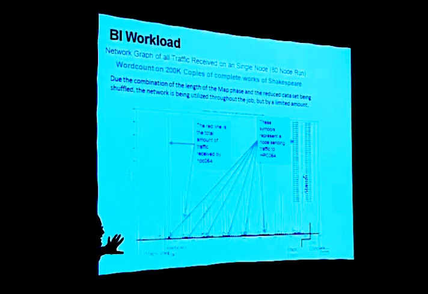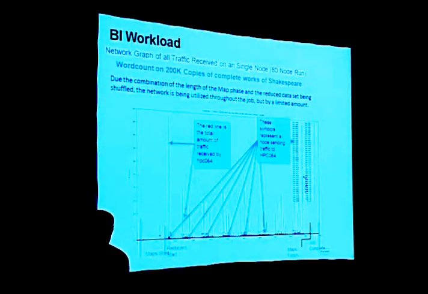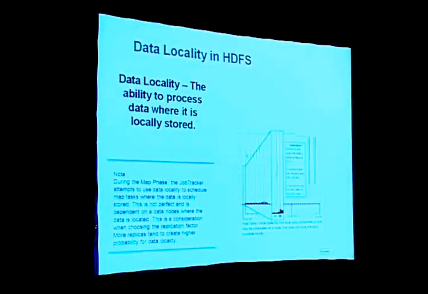Same debate on a BI workload. What happens in a BI workload? Because BI workload is inherently a reducing function, the network activity is much more tamed during the shuffle phases, etc. And of course, replication factor will be even less because you have a small amount of data to be replicated for the result phase, right?